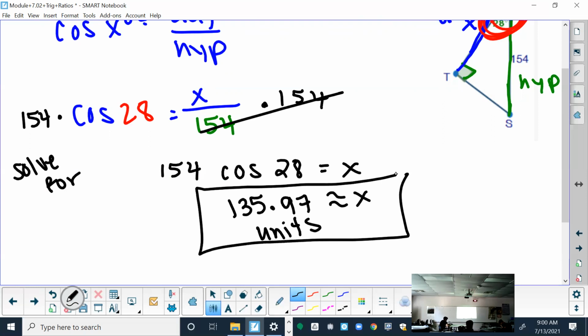Questions? I know it's getting repetitive, but we're trying to make you see patterns. So if this is too easy, maybe you can speak up a little more and it'll go by faster. So the next one, same setup. We're still practicing with the cosine function. So on the next one,